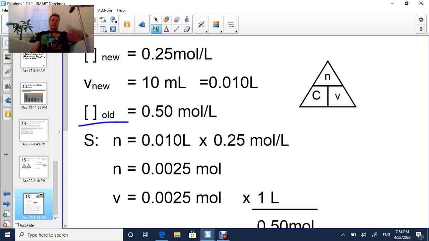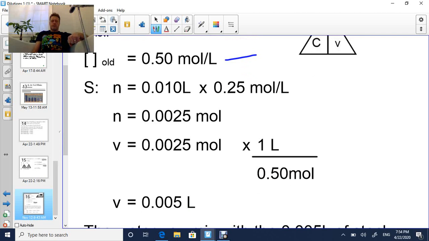Okay, so we start out just using, and we're only going to be using this triangle for the next bunch of calculations. So you can see we have a volume and a concentration. So these two ones, because they're both new, we're going to multiply them. So that's what I'm doing right here. Multiply them, and we get the moles. You can see liters cancel out. Once you have moles, go back to the triangle. We have a concentration hanging out right here. So moles divided by concentration are going to give us the volume. Okay, so that's the volume of the stock solution we need to take out,